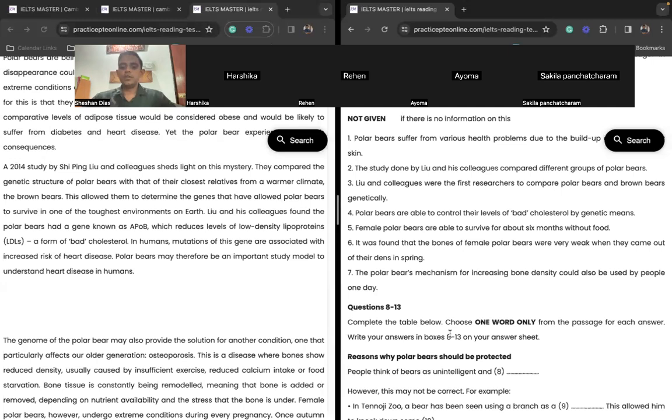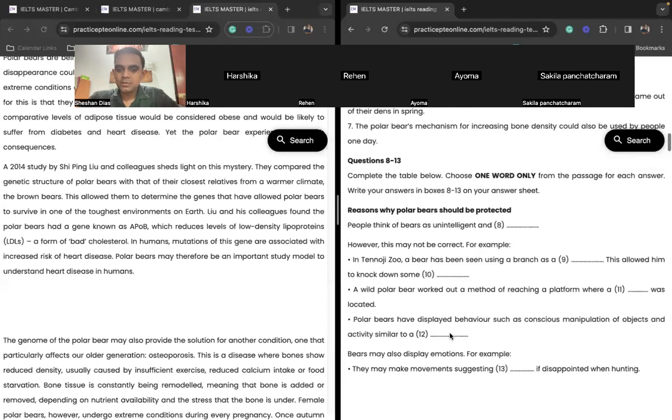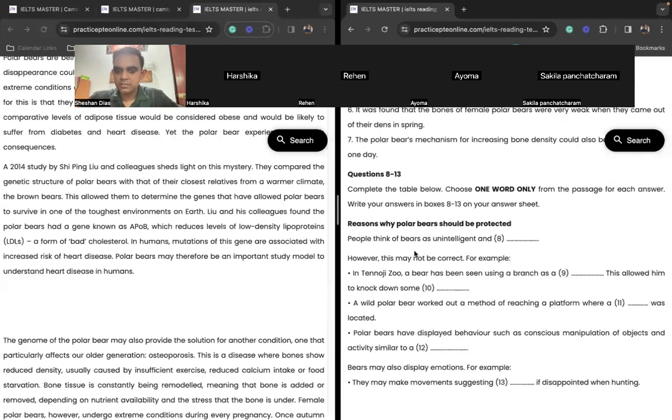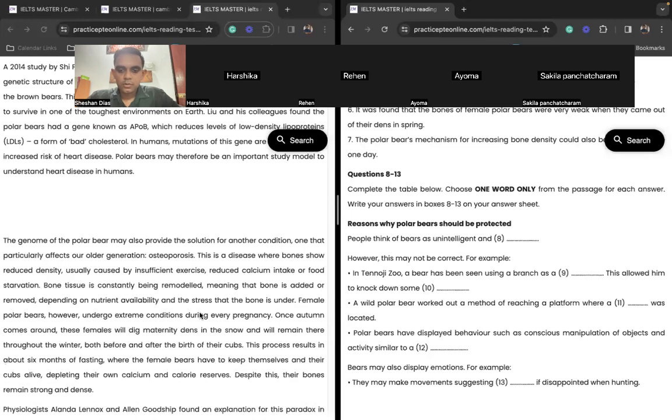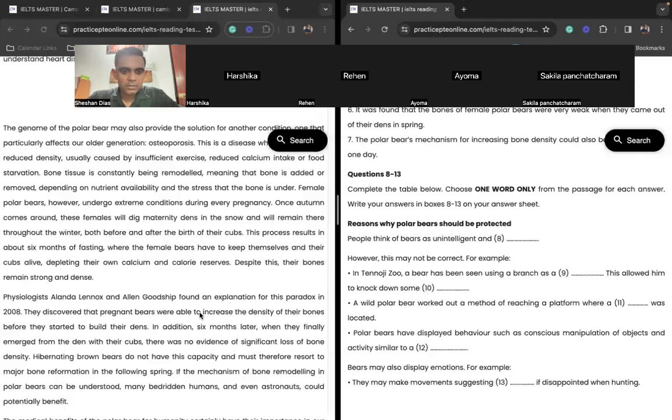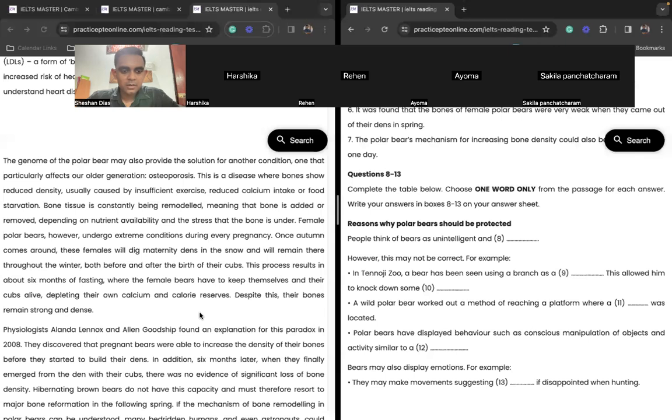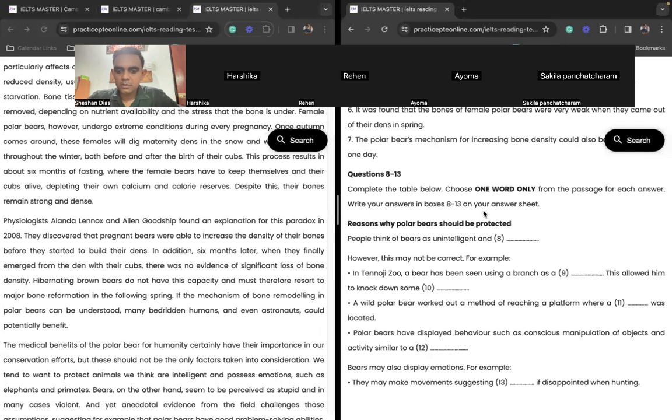All right. Then we'll go into question number 8 to 13. You just have a look at this type of question, right? So if we can find the answer to question number 8, then we know the answers are going to be below that. So, okay. The other thing that I wanted to touch before I get into this type of question is the word count.